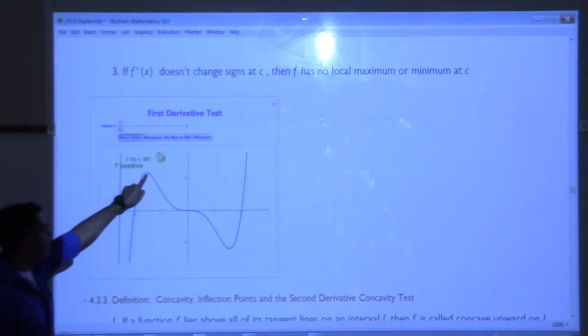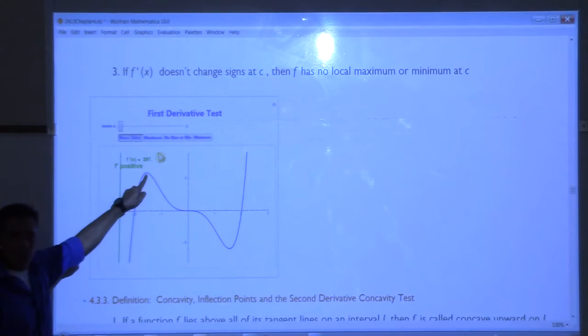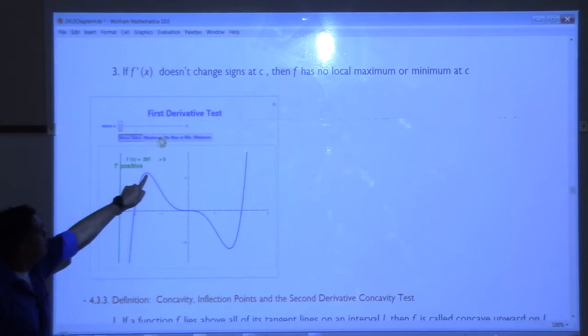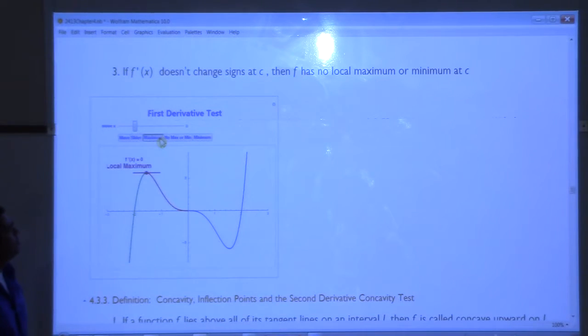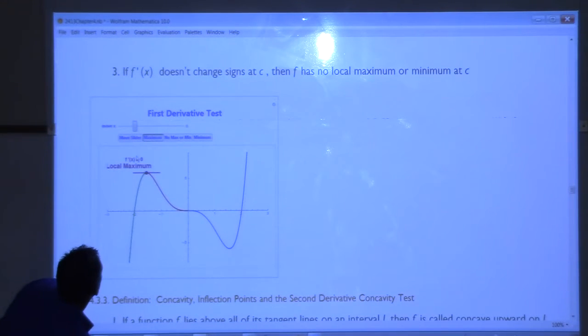Look at this point right here. Local max, right? So the derivative there is what at this point? 0, okay? The derivative there is 0. But the first derivative test says